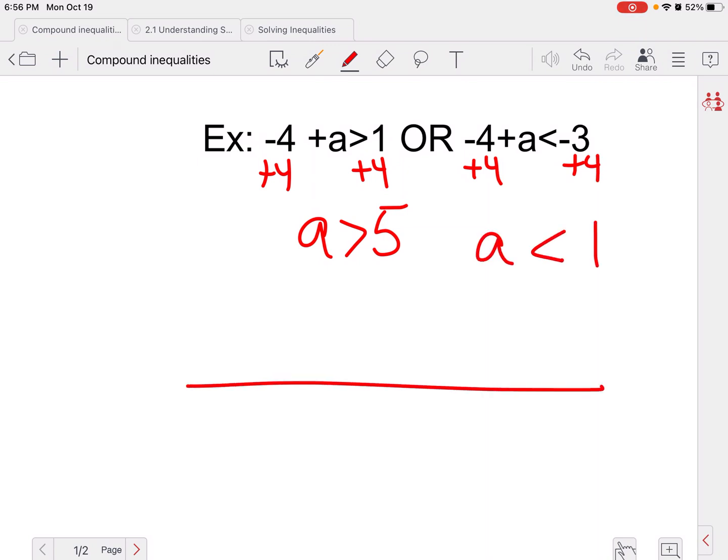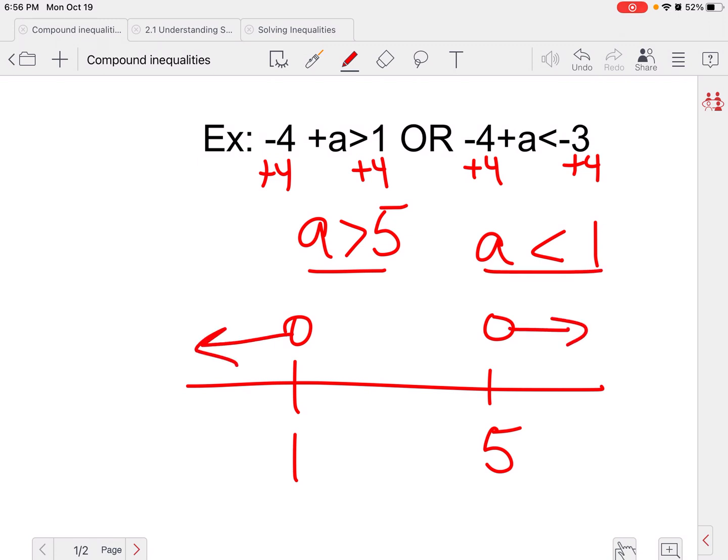So again, we're going to do 1 and 5 on our graph here. And they are, in fact, both open circles. So I need a is greater than 5, which means I'm going this way. And a is less than 1, so we're going this way. So for an or inequality, we'll have our arrows pointing outward. So it's either less than 1